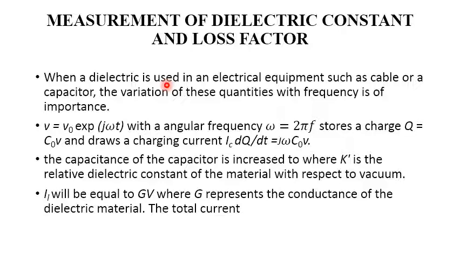These two quantities, the dielectric constant and loss, depend upon the magnitude of the voltage stress and the frequency of the applied voltage. When a dielectric is used in electrical equipment such as a cable or capacitor, the variation of these quantities with frequency plays a very important role,